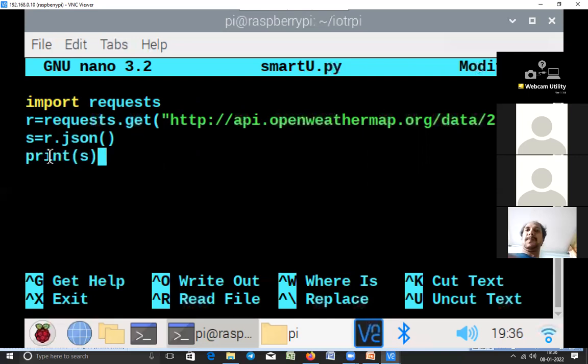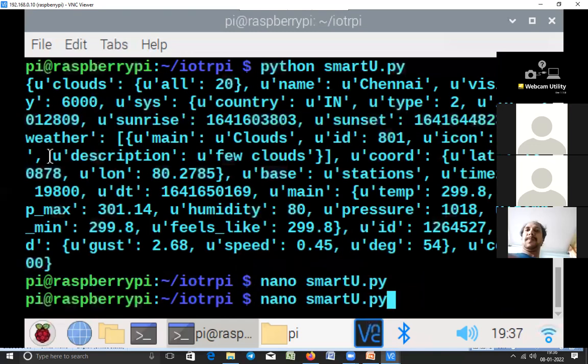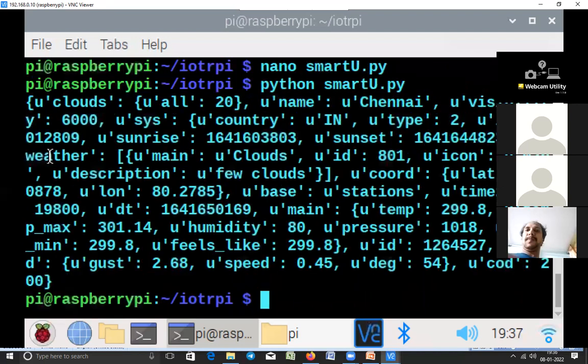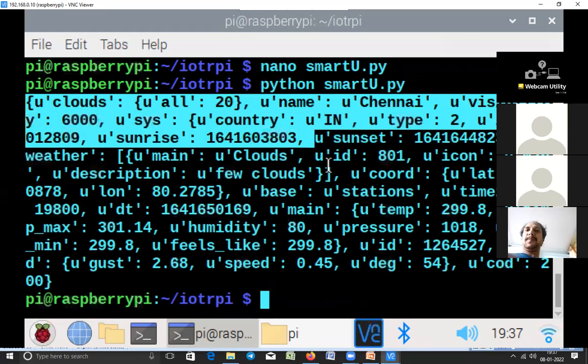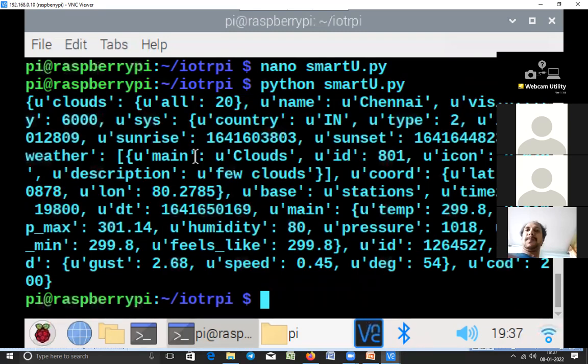A dictionary is a Python object. Remember, all of you, it's one data type in Python. Some of you know about it. In this dictionary, we have keys and values. You can see the keys. This is the first key, clouds. You can see here name and then visibility. These are all keys. This is the key and this is a value. This is the key and the value. So on, we have keys and values.